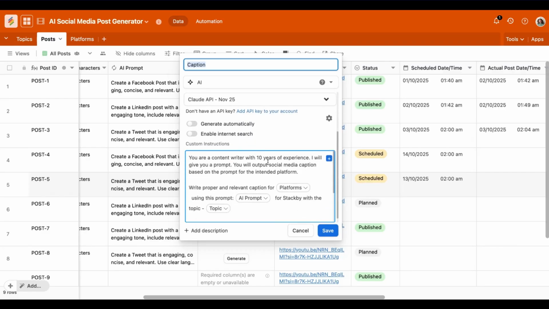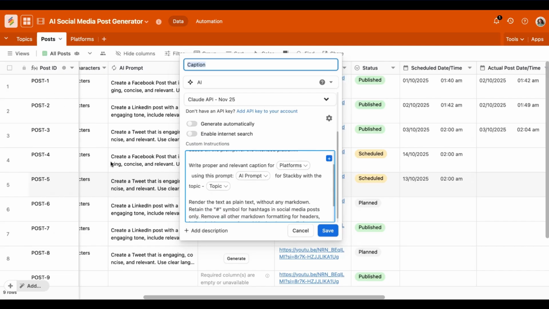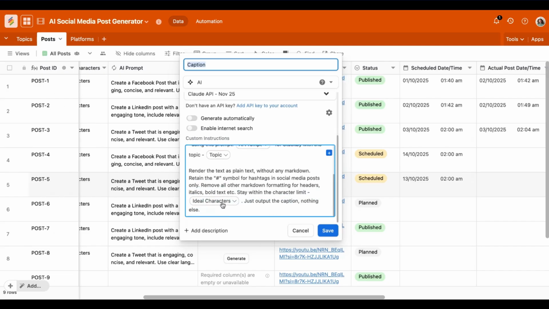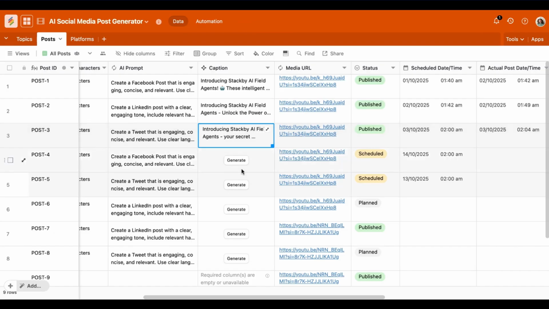And here I've basically added a prompt: I'm a content writer with 10 years of experience, write a proper and relevant caption for that particular platform using this AI prompt for Stackby with that particular topic, and stay within the ideal character limit. So if I click on save, all I need to do is just generate, and it generates the captions